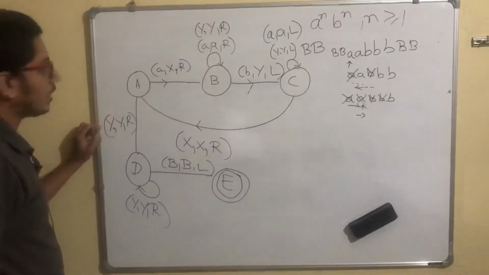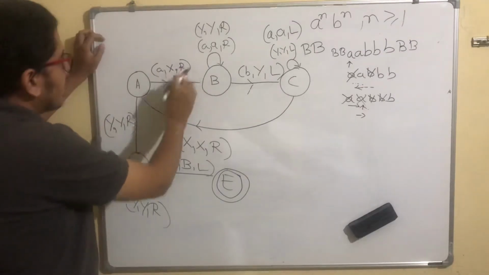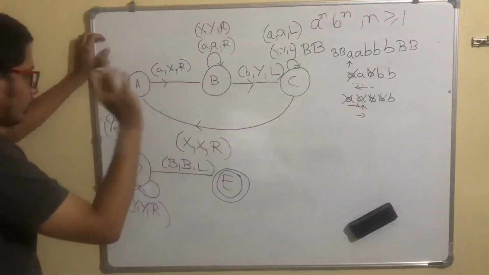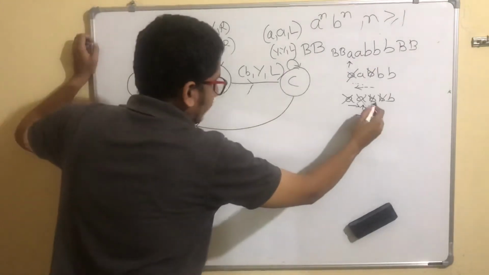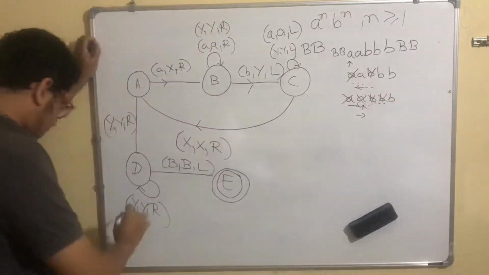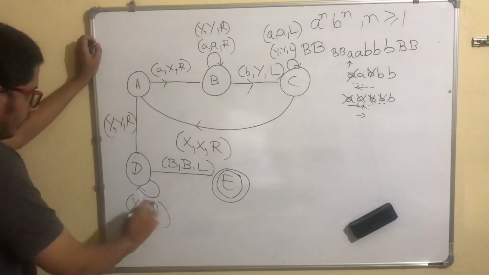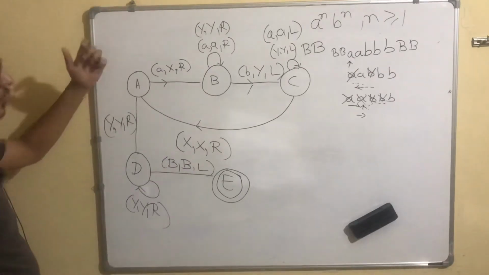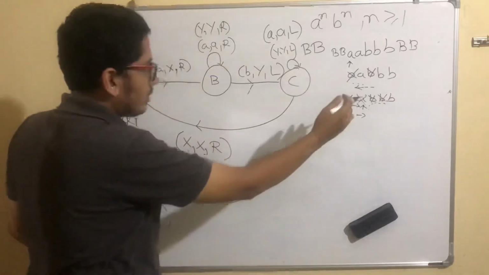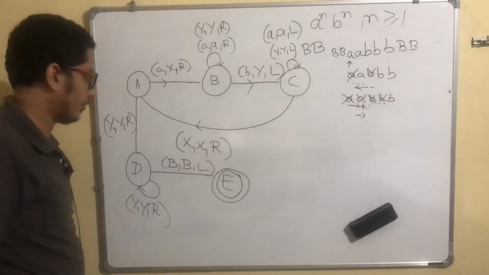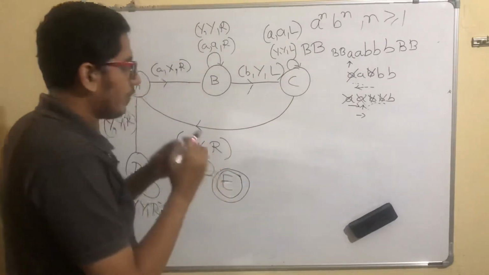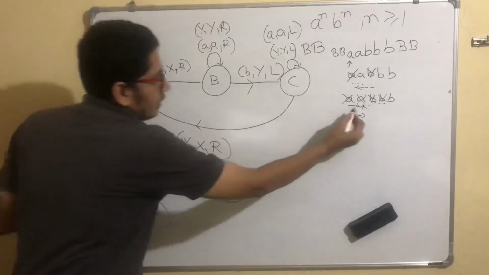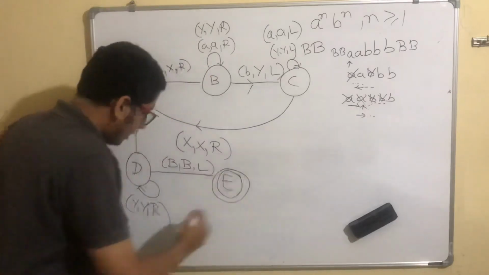Now when it starts moving right, this is not possible because there is no a, so y. Any number of y's, keep it as it is, move right. Any number of y's, keep it as it is, move right. Now b. Here also we have written any number of y's, move right. Then we have directly given what happens when it sees the blank. When it sees blank, it has to come to the left for pointer. We have not defined anything here for what happens. It is moving right. If it sees a b, what happens?